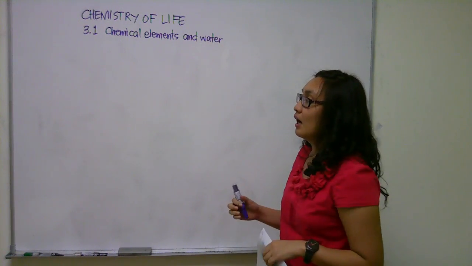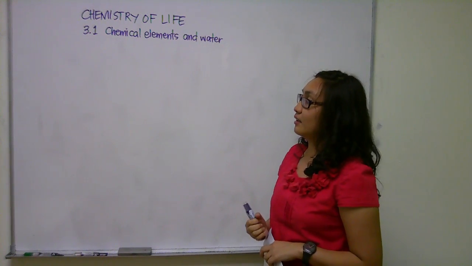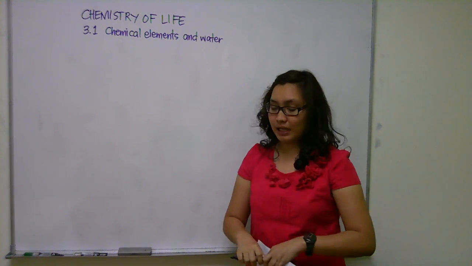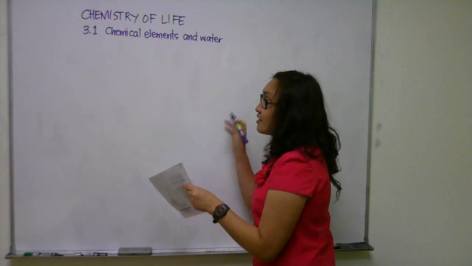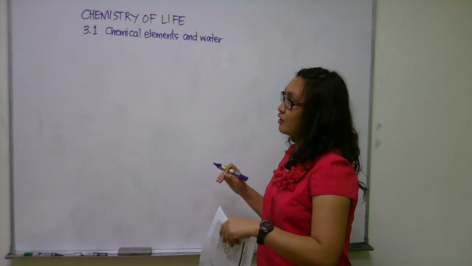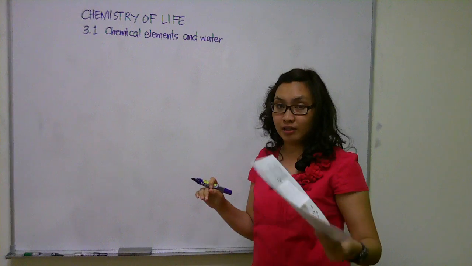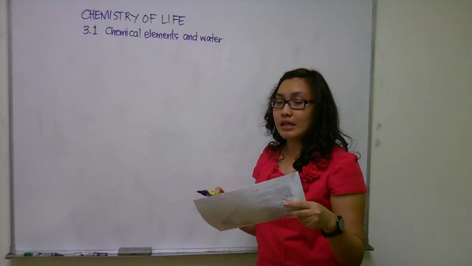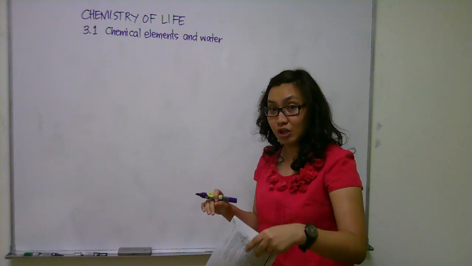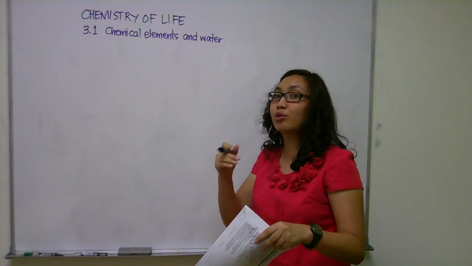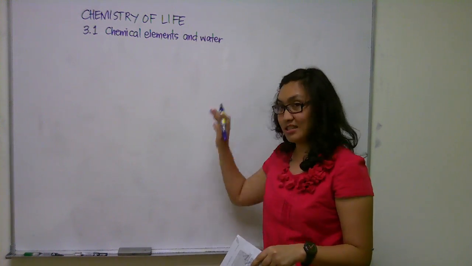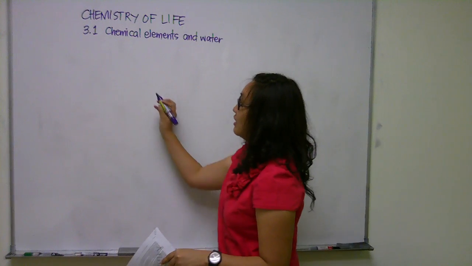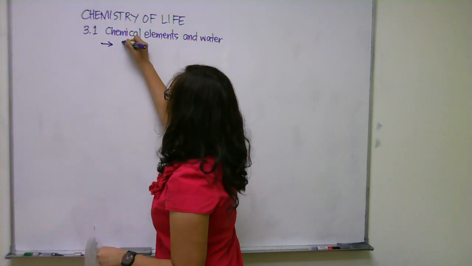Okay, so the first area wherein the chemistry of life is dealing with is the chemical elements and water. So this is very basic. In the case of chemistry of life, there should be a basic chemistry background for a student to understand. If not, then the teacher should be walking through these topics with the student. Okay, so first, in the chemical elements and water, the things that are supposed to be discussed